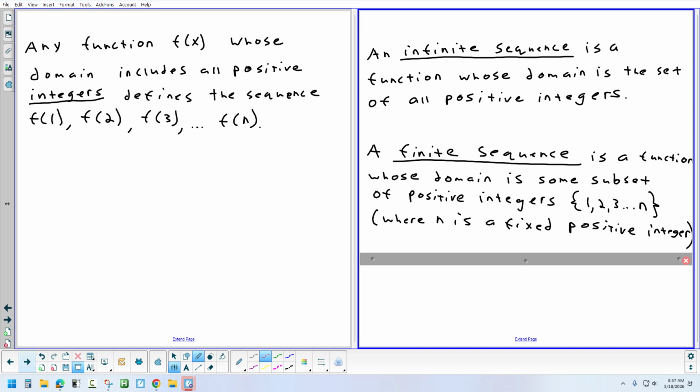And where it starts to get a little bit interesting, we're going to look at it tomorrow, is when you start adding up all the numbers in a sequence. If a sequence stops somewhere, you can definitely add up all the numbers in it. Okay? Even if the sequence had hundreds of billions of numbers, you can add up all the numbers. You can do that. But when we start to talk about an infinite sequence, and that's what we're going to look at on